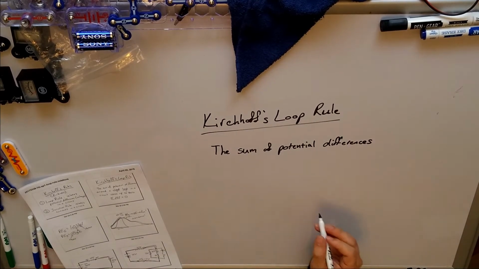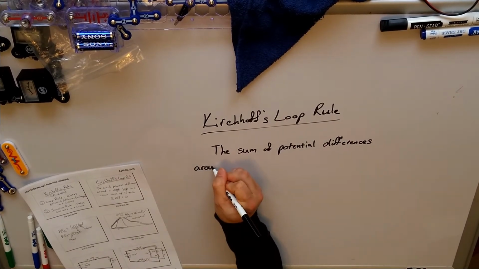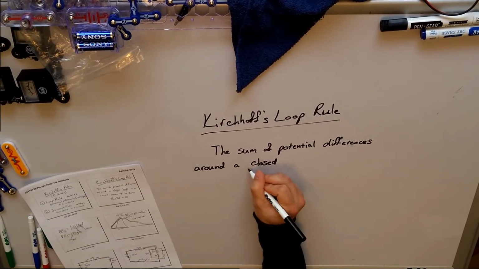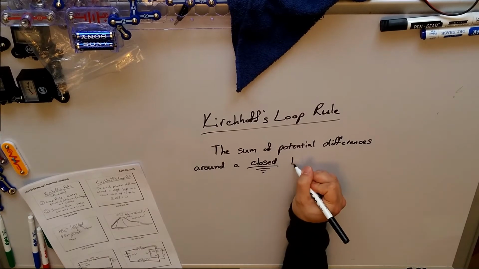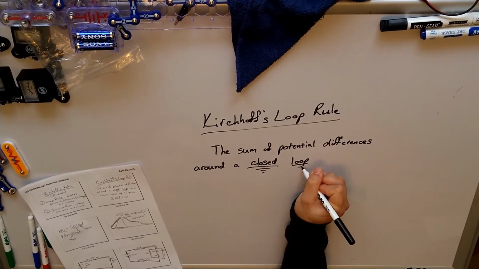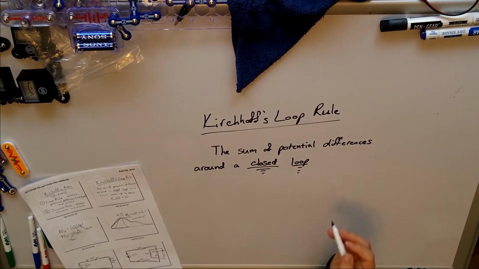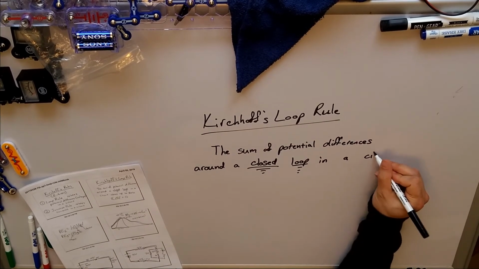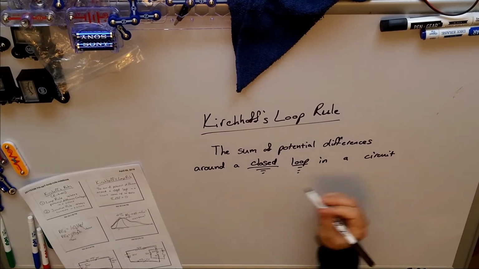The sum of potential differences around a closed loop. Closed loop. I know you're probably tired of hearing me say it, but if it keeps you from making the mistakes, it's all worth it. In a circuit